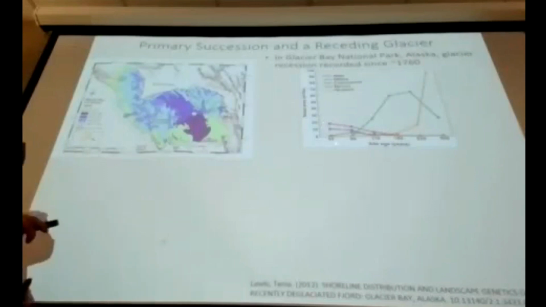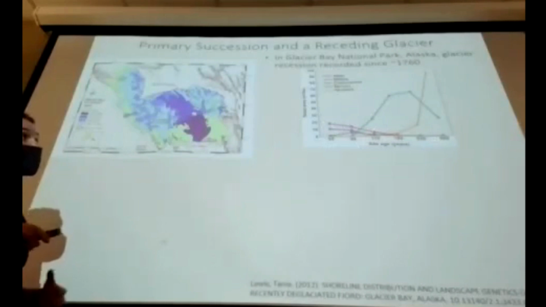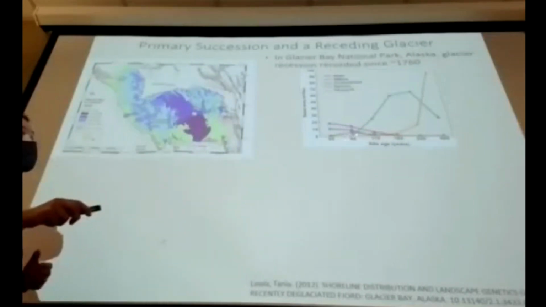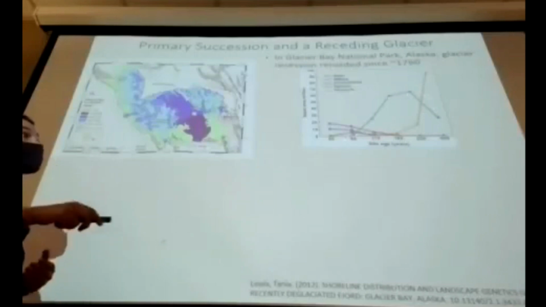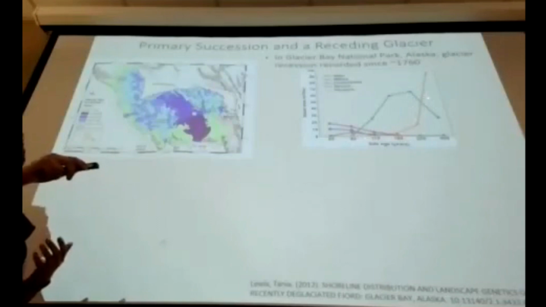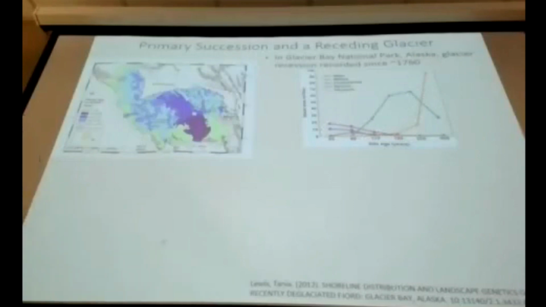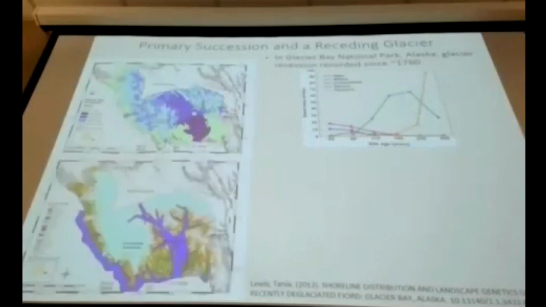But then over time, as you move along through the decades, what we see is this shift in the community composition, right? Spruce becomes very abundant next, after like 100, 150 years. And then finally, the hemlocks are going to become dominant, right? Ultimately outcompeting all of these pioneer species. Okay? And so the timeline here matters. Or let me draw your attention back to this timeline because, for example, this